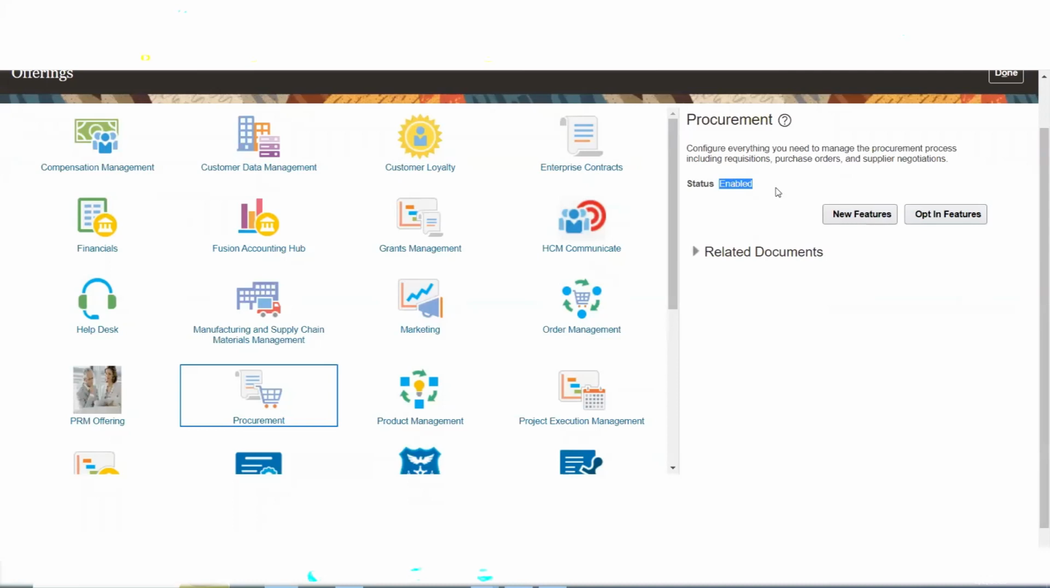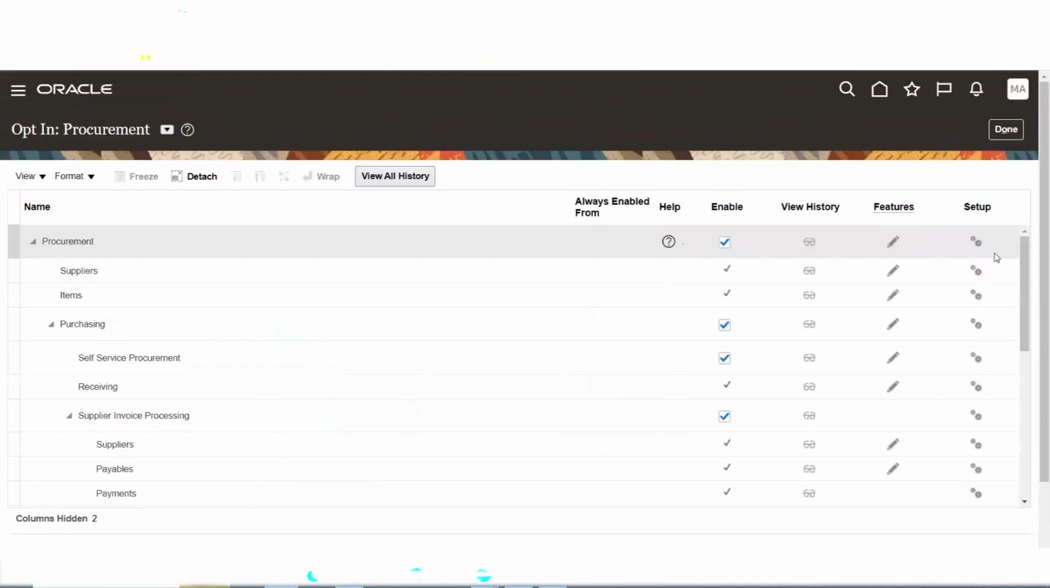Since this is a kind of practice instance, I think somebody enabled it before you. But in reality, how we enable is, we go to opt-in features. All the offerings and options you see in a fresh instance are not enabled. We have to enable those. Just go to opt-in features. So here you can see